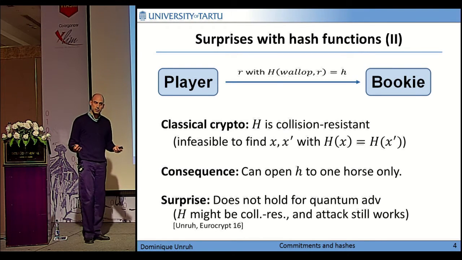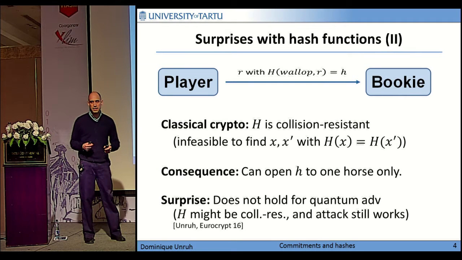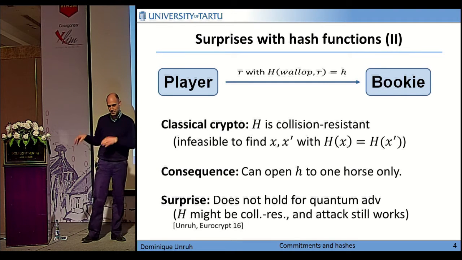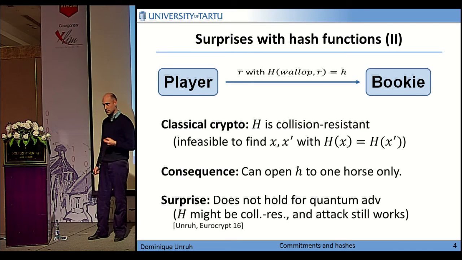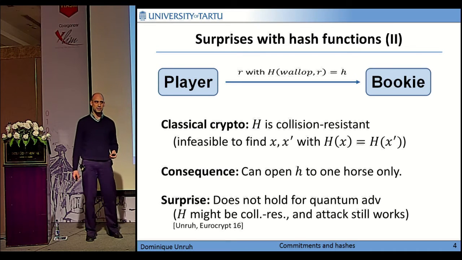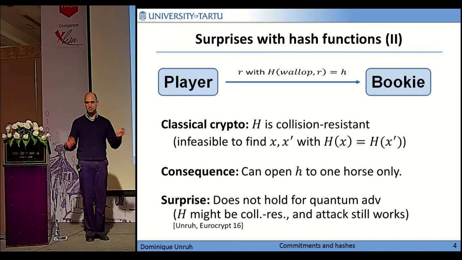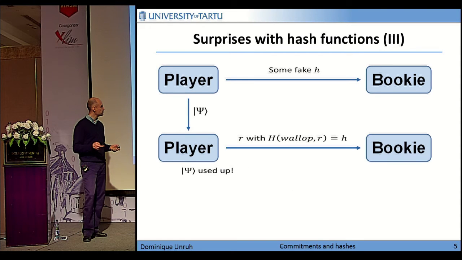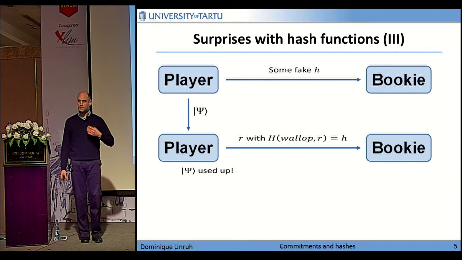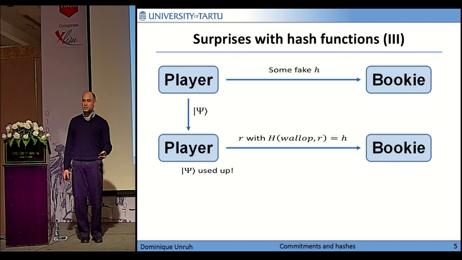So the first question you might ask is, is this even possible? Although this is not the topic of the paper here, I would like to tell you a word or two about why it is possible in principle that this can happen, because otherwise you might stop listening, thinking I'm solving a problem that can't happen. So why could it be that such an attack is possible with a collision-resistant hash function?